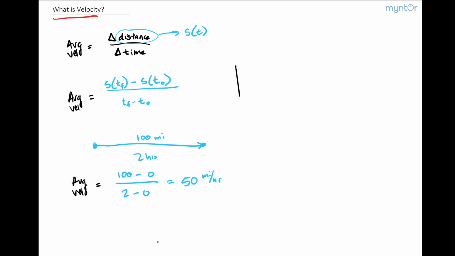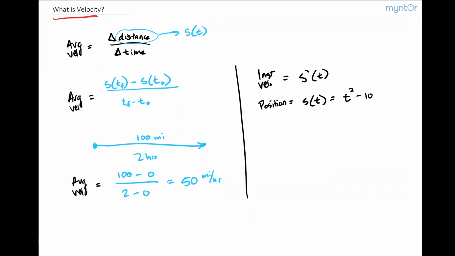Now, how about instantaneous velocity? Instantaneous velocity is going to be equal to the derivative s prime at a specific time t. So if I'm given that the position of a car is given by s of t, where s of t is equal to, say, t squared minus 100, then my instantaneous velocity at any time t is going to be